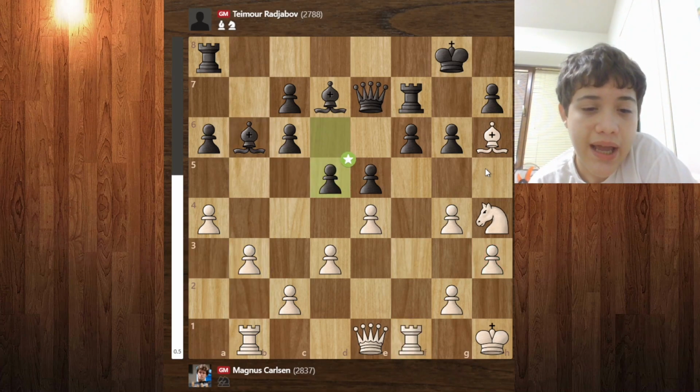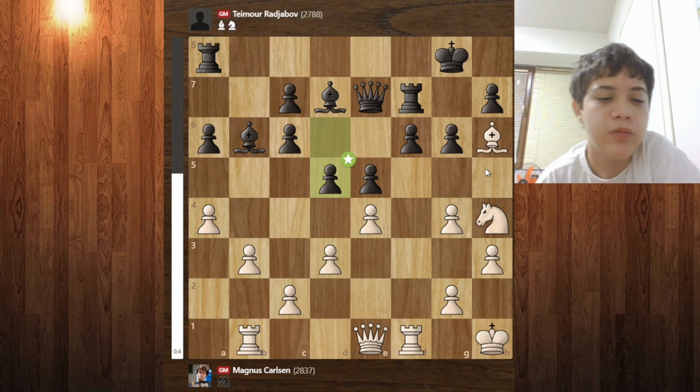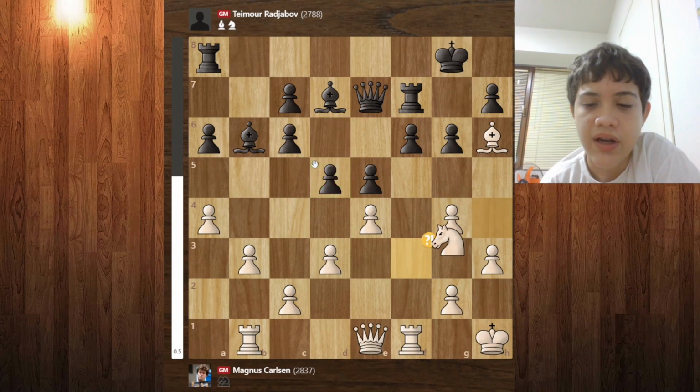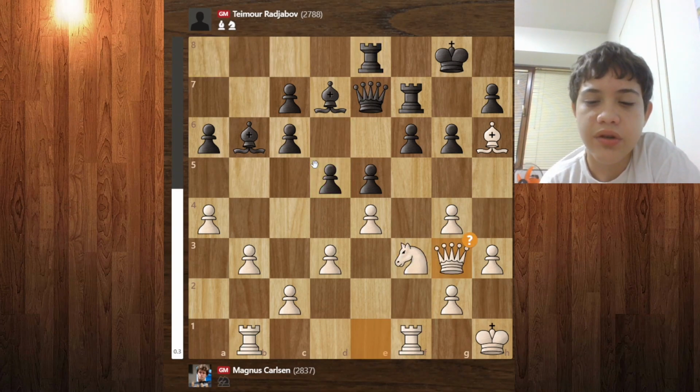We get b3, and now we get d5. d5 is a very good move. Try to untangle yourself with these pawns and try to break through the center. Knight f3, rook e8, queen g3, and now